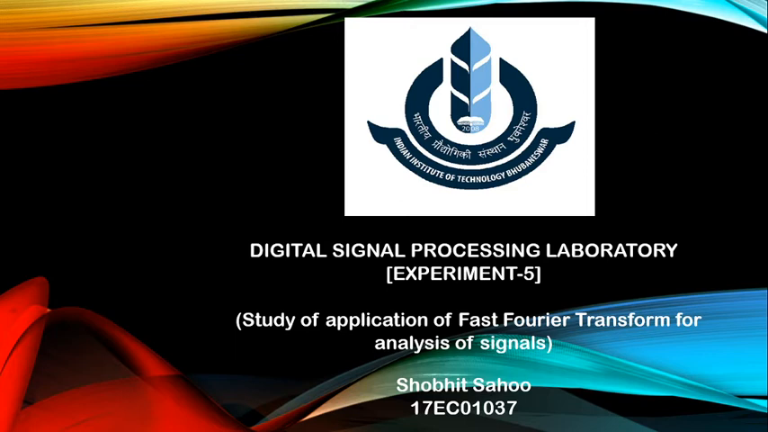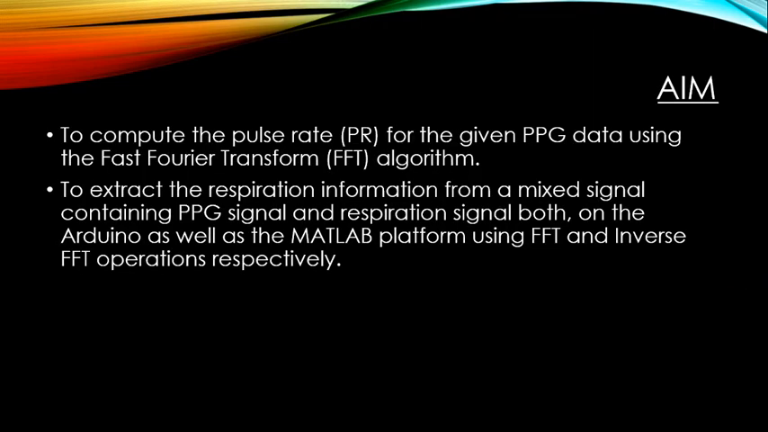This is the DSP lab experiment number 5. It is a study of application of fast Fourier transform for the analysis of signals. My name is Shobhit Sahu and my roll number is 17EC01037. The aim of the experiment is to compute the pulse rate for the given PPG data using the fast